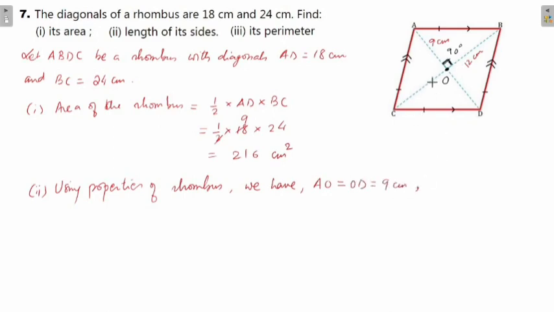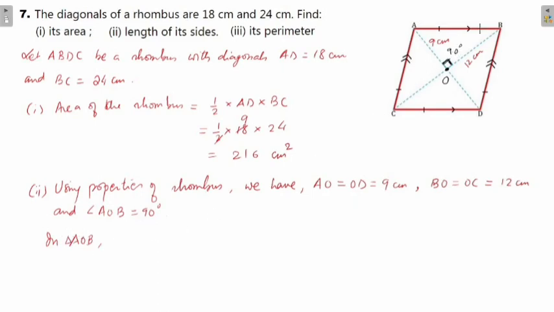Next property says that BO will be equal to OC. So next is BO equals OC, which will be equal to 12 centimeter. And one more very important property is this angle. We have angle AOB equal to 90 degree. Therefore, in triangle AOB,